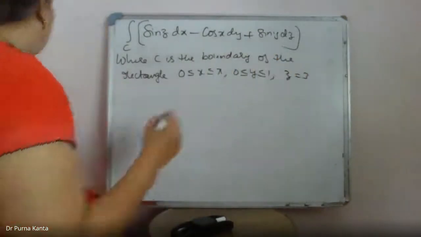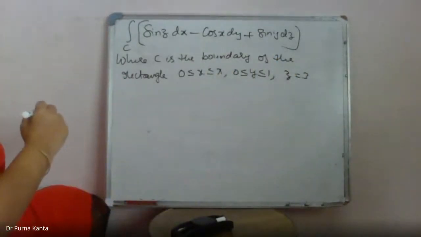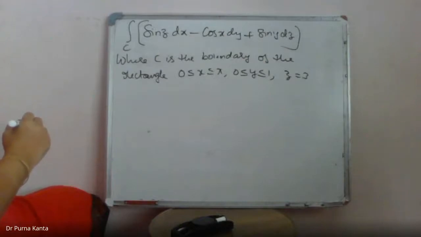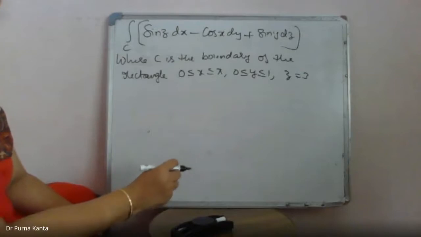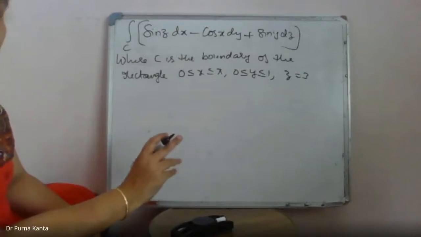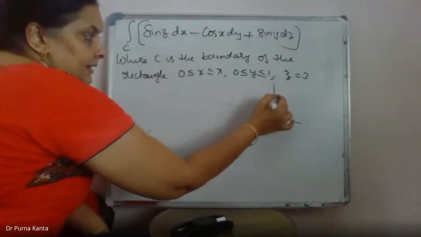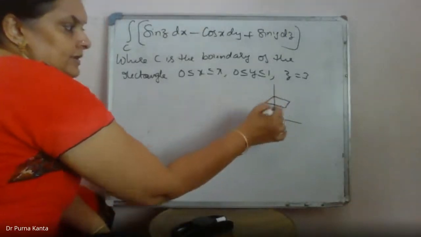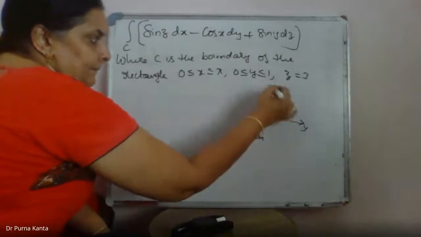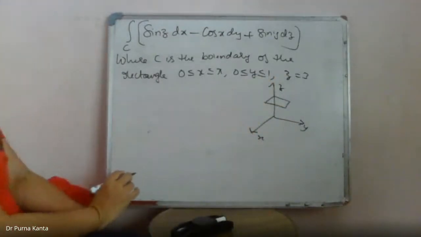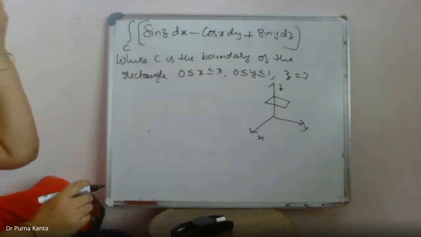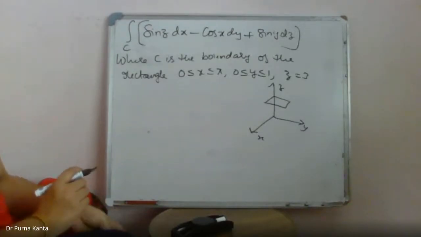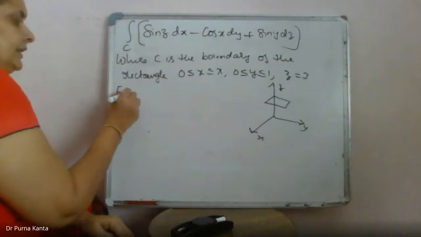So you can understand here also that even for this problem we are given a rectangular plate, and the plate is located on the z axis at a height of z equal to 3. So the rectangular plate is somewhere like this at a height of z equal to 3. So we'll use Stokes' theorem here to evaluate this line integral by calculating curl f and converting into a surface integral form. So for this we need the value of f.